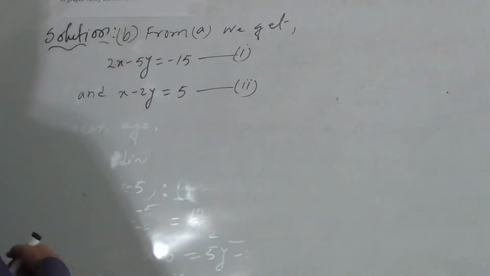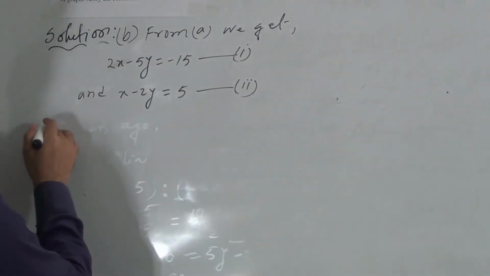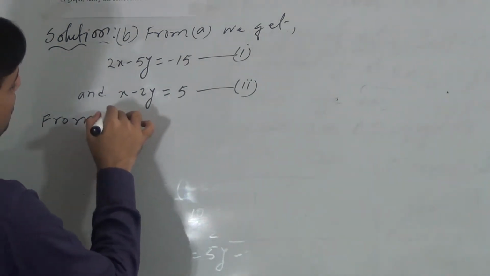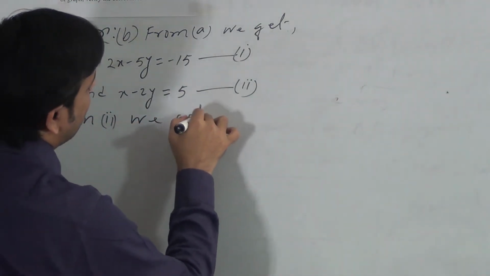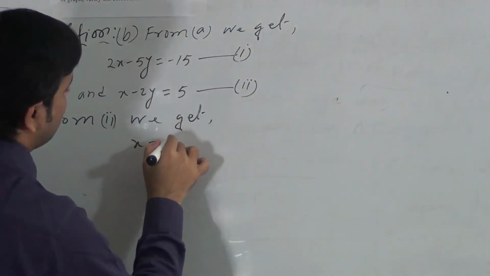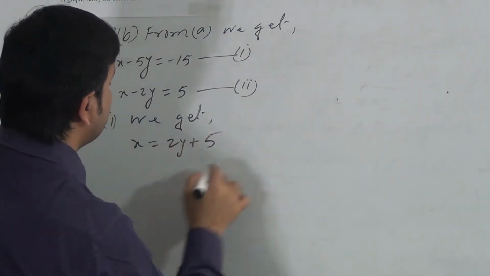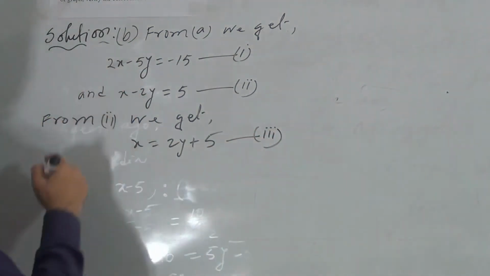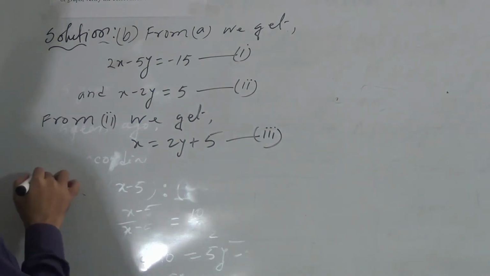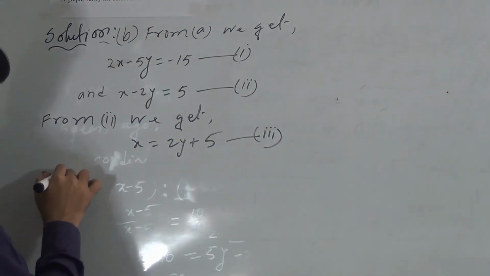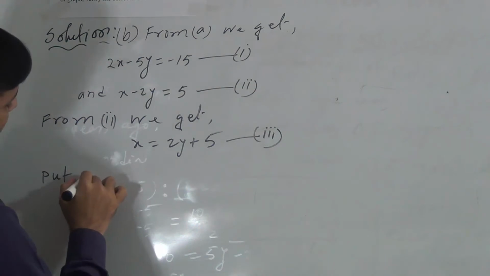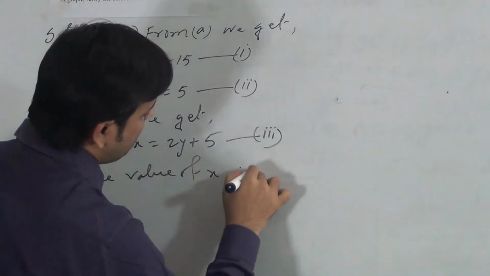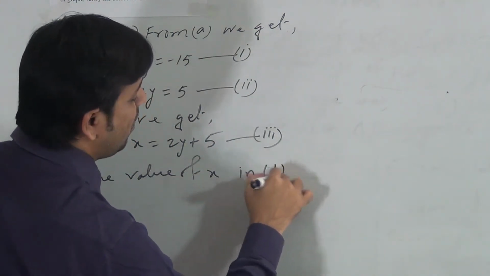So from equation 2 we get x equal to 2y plus 5. This is equation 3. Now put the value of x in equation 1, we get